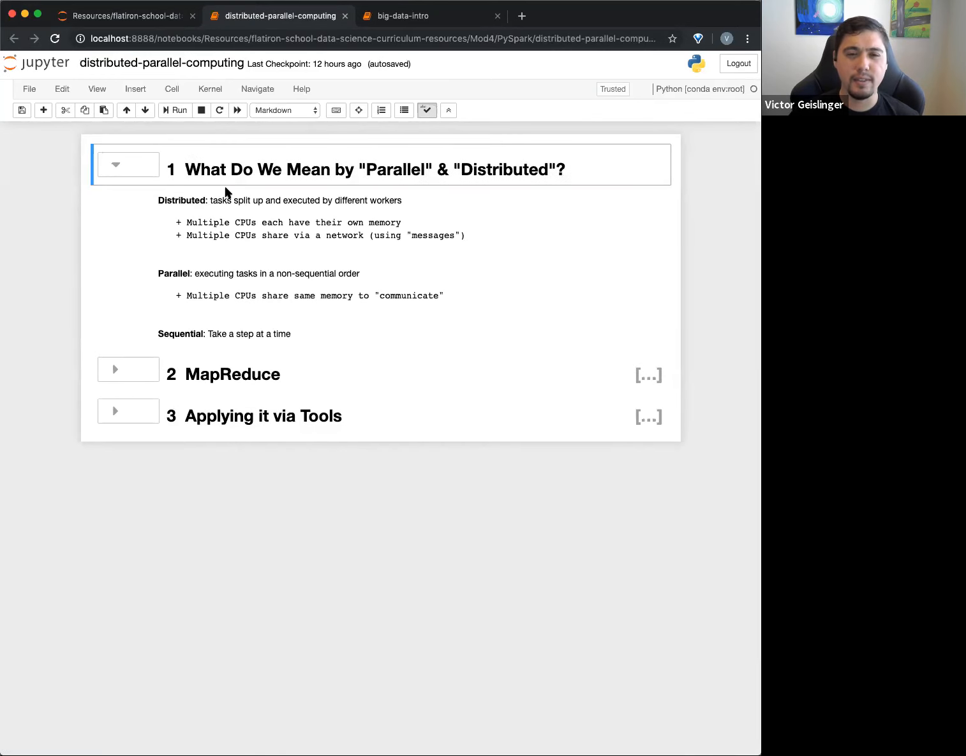These are some definitions, and again, the curriculum talks about this quite some time, but I wanted to give an overall view of this. What do we mean by parallel and distributed computing? You can think of distributed as it just takes up different tasks and executes them by different workers. Workers can be a technical term, like how many things are working on it. You might have heard of CPUs versus threads, where threads, for example, can each be their own worker. And when you say distributed, it just means multiple CPUs